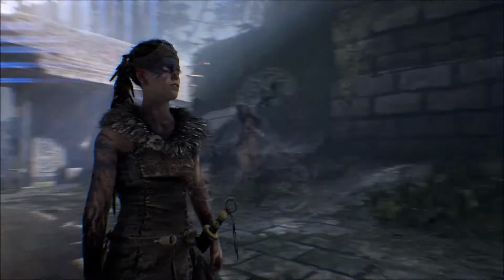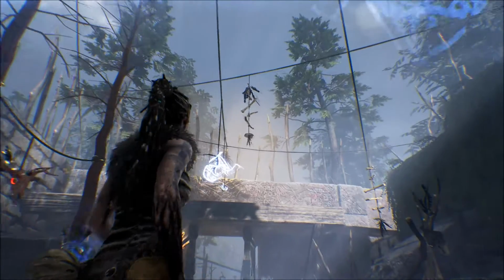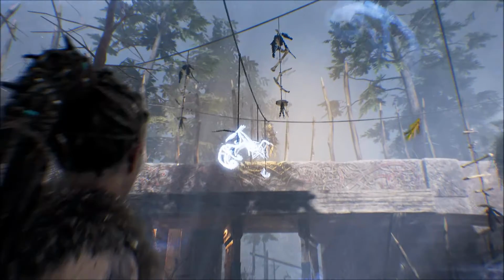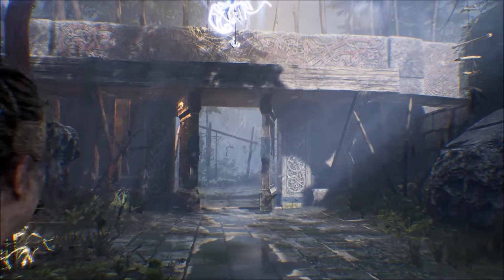Valravan's power of illusion comes from ravens. Align the ravens to break his magic seal. Show me what you have seen, Truth. Look how much it's changed. It's all different